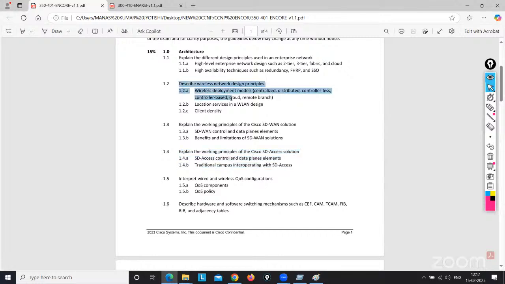In the wireless part, is anyone working on wireless here? Yeah, I worked a little bit. Okay. A lot of people have worked on the 5508, 5520, 3504, 2504, the ARS part. But right now it's completely outdated. Only the 5520 is still running, and that will be outdated on 2027 March 31st, I think. March or April, but it will be outdated only in 2027. Only the 5520 is left now.